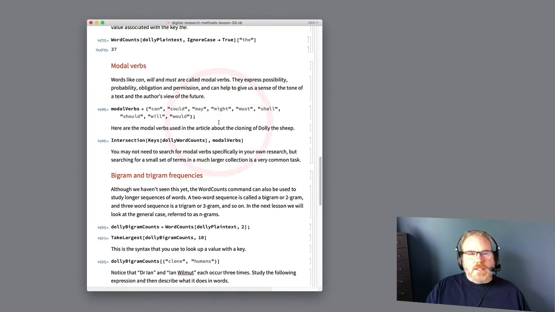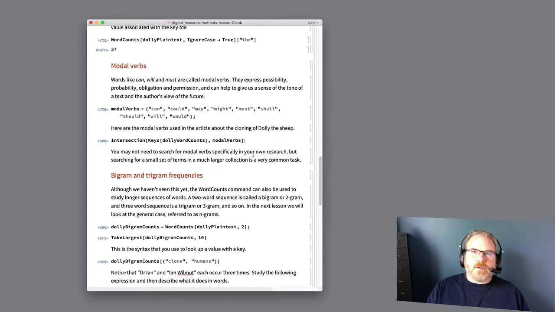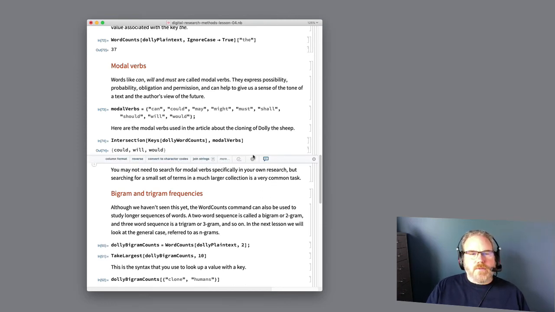Here I've made a list of modal verbs, and in the next command, I use a command that we learned about before, intersection, to say which of these modal verbs also appears in the keys of Dolly's word counts. And I evaluate that, and it shows me that of these, 3 of them, could, will, and would, appear in